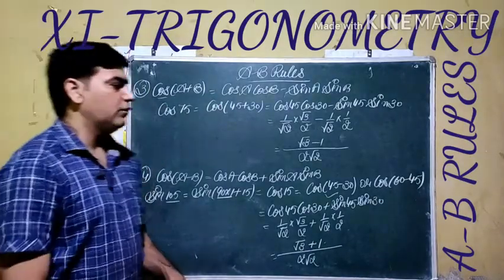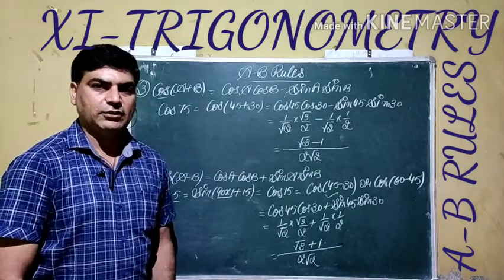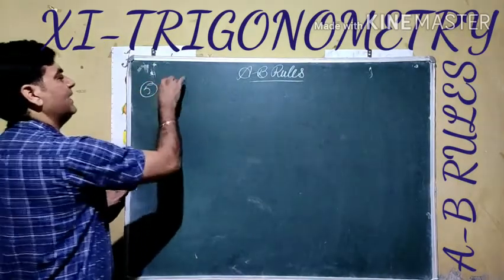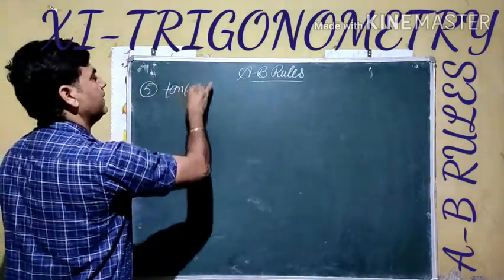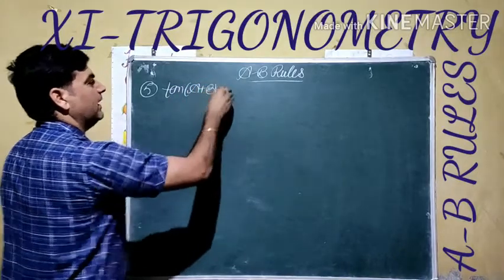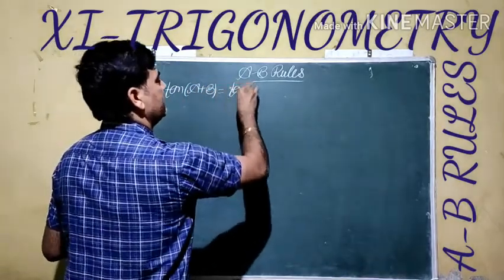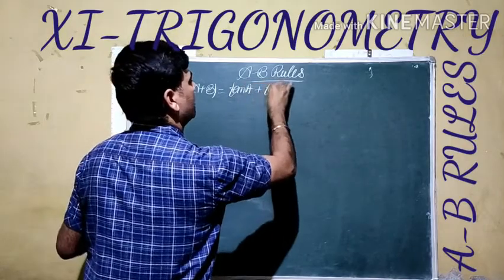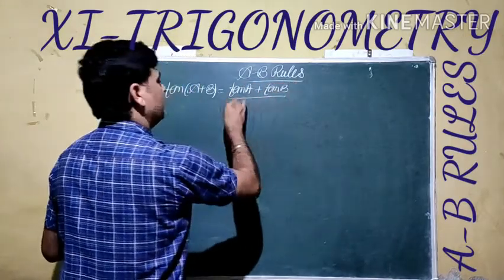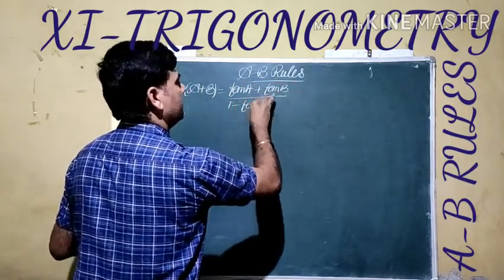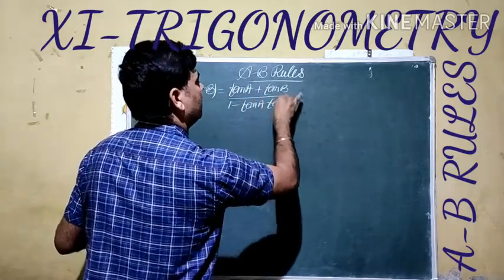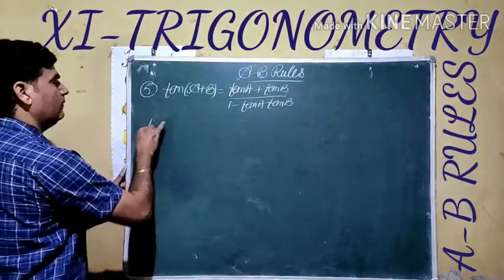Now we will continue with another trigonometric ratio, that is the tangent of an angle. Tangent of A plus B is given by tangent A plus tangent B divided by 1 minus tangent A tangent B. For example, we take the value and find out tangent